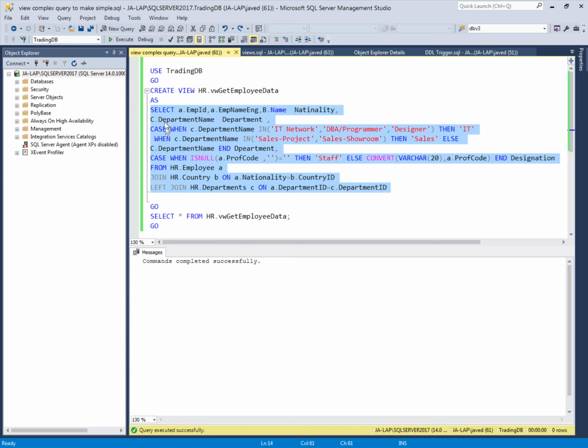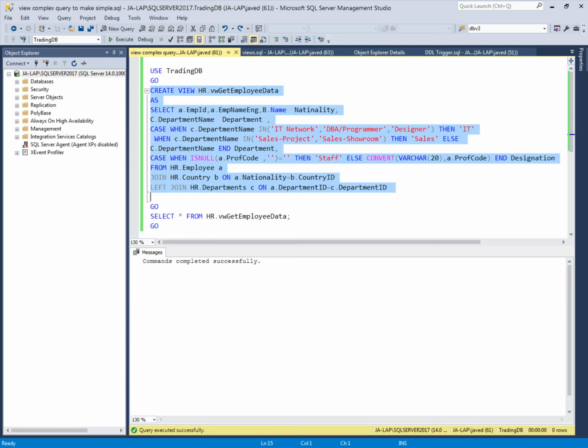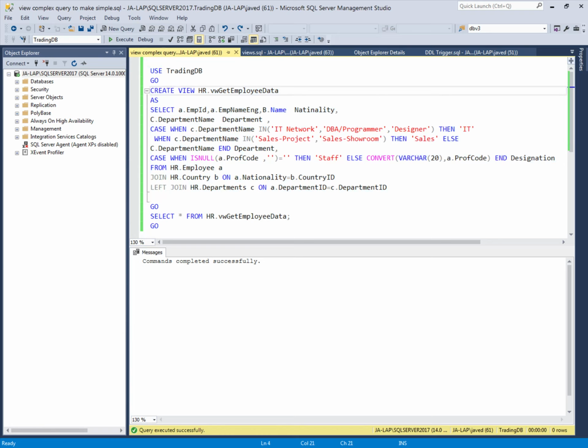So I'm making a little complex query by using joins and doing some logic to give users access to the information related to the employees. So this is the view I created, and after creating this view, now I will give only the name of the view to the user, and he will use this name to access the information of these employees, and the user doesn't know which tables this information is coming from.